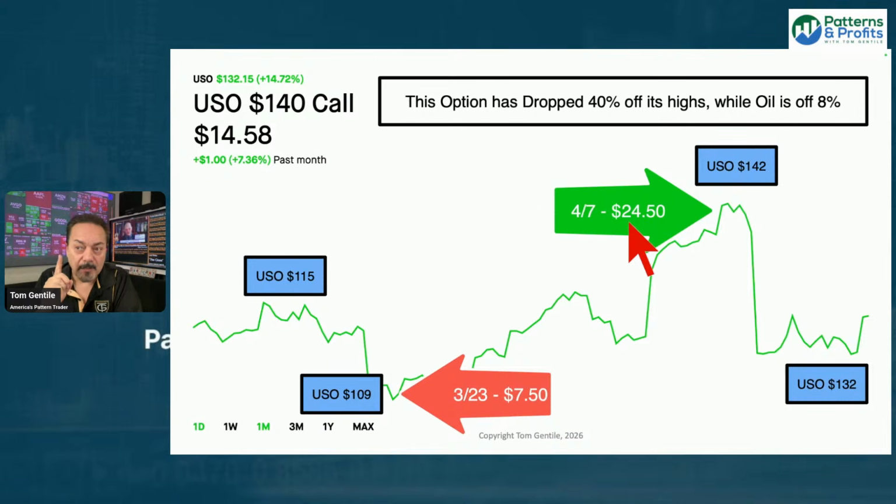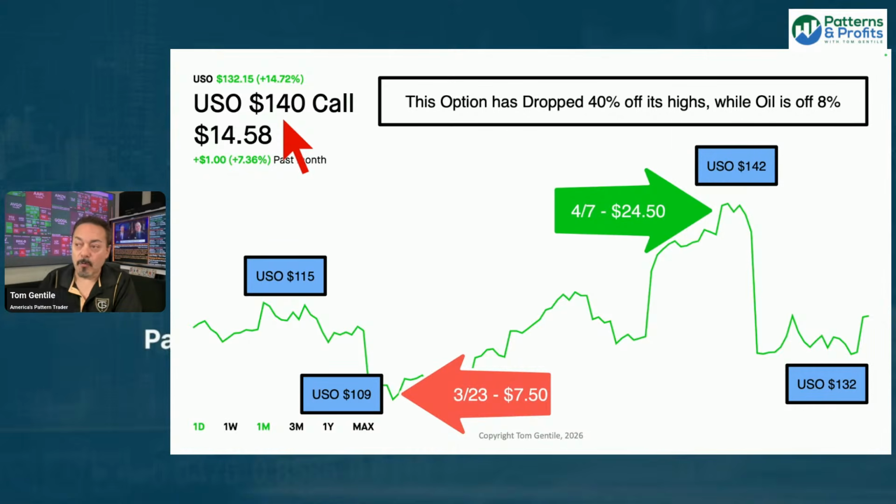I want you to take a breath here and think about that. The ETF was at 142. It was only 2 points in the money. Yet, that option, in order to buy it, you would have had to pay $24.50 last week. Now, last week, if you paid $24.50 when it was trading at 142, you would have needed to get to $164.50 by the July expiration. That's your break even at expiration day. It was 22.5 points above where the stock price was to break even. That's a lot of premium, right?